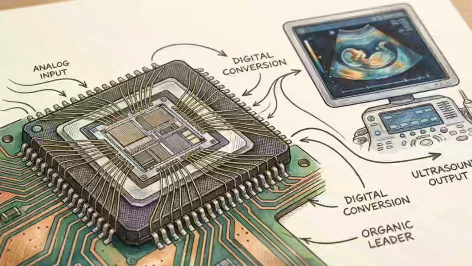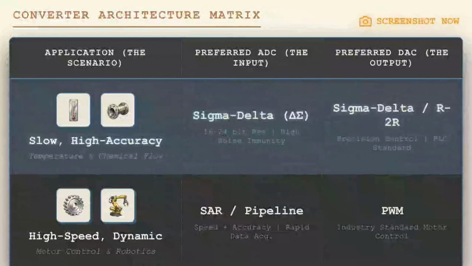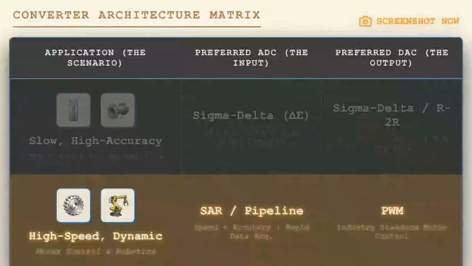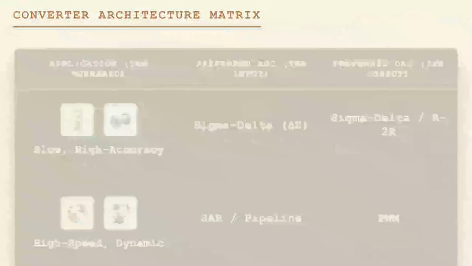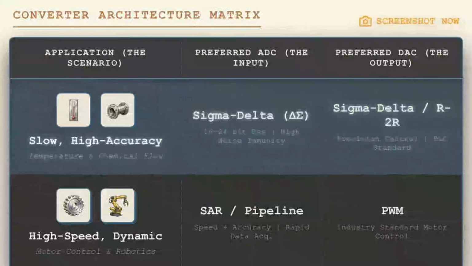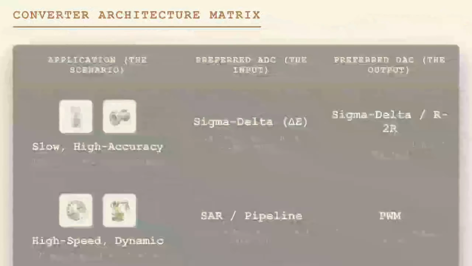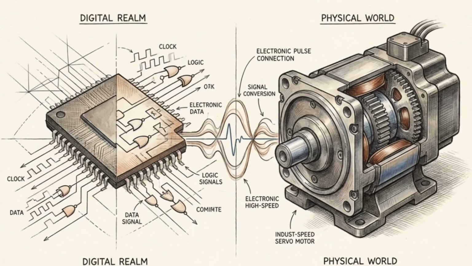Let's lock this in for your exam. Grab a screenshot of this matrix, which maps the physical scenarios directly to their ideal converter architectures. For slow, high-accuracy applications like temperature and chemical flow, you choose sigma-delta. For high-speed motor control in robotics, you switch to SAR, pipeline, and PWM. Mastering control engineering comes down to exactly this: